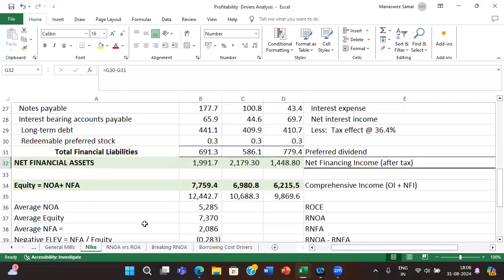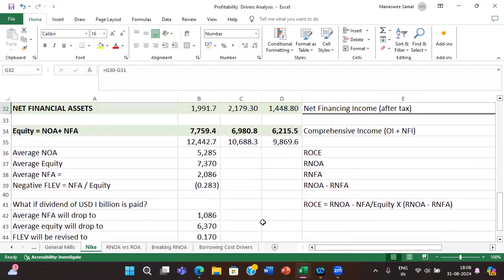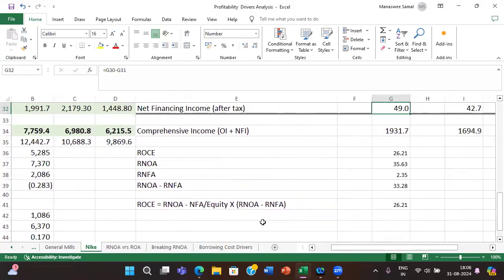RNFA, that is return on net financial assets. You can see that figure. Is it calculated here? I have calculated. Okay. RNFA is equal to 2.35%. These are all percentages. Okay. Done. Then RNOA, I don't think I'll explain these numbers. How do you calculate? It's boring, isn't it? So you have the three numbers, ROC,